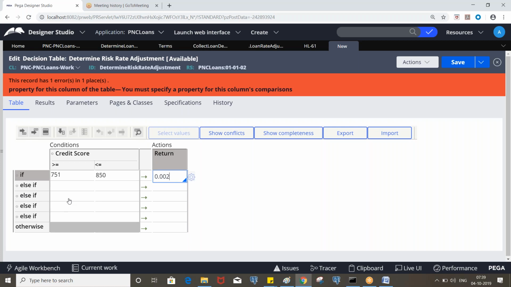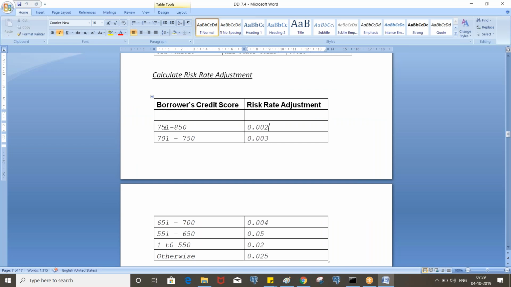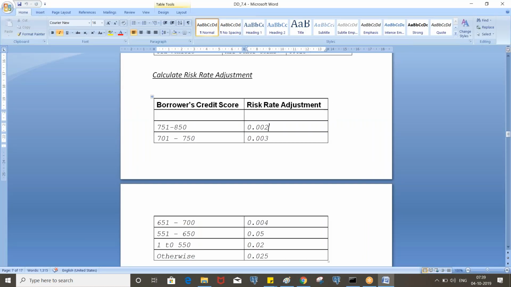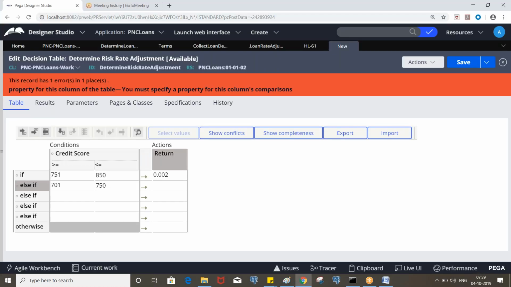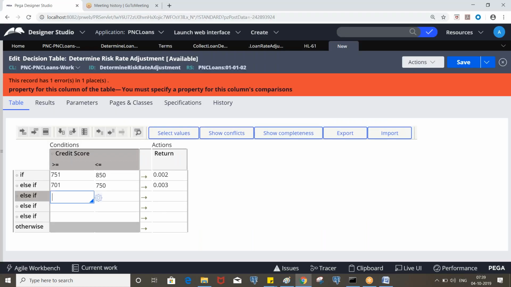Okay, clear? So now 701 and 750: 0.003. Next, 651 and 700.